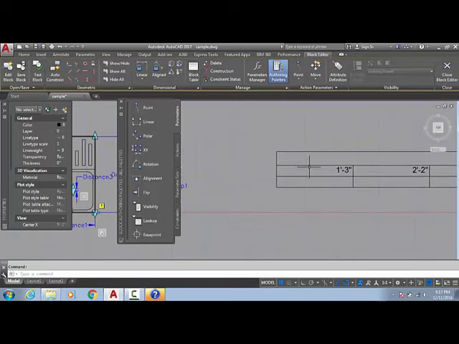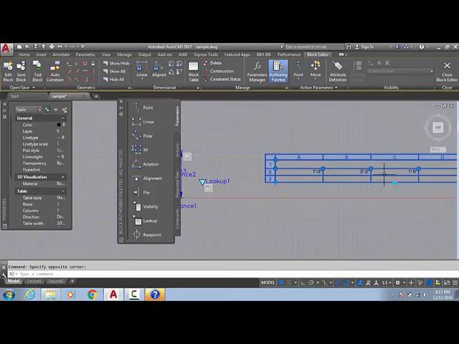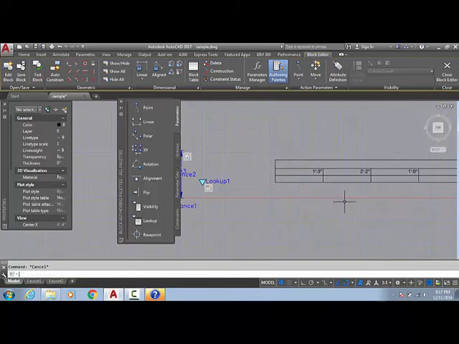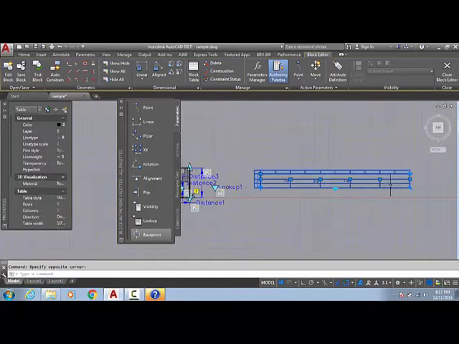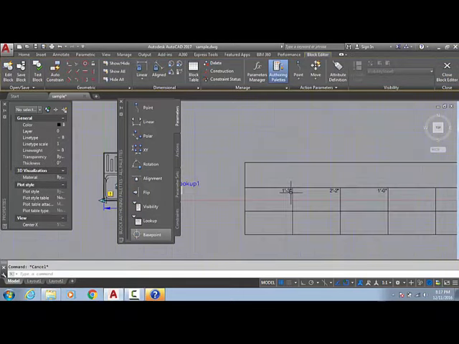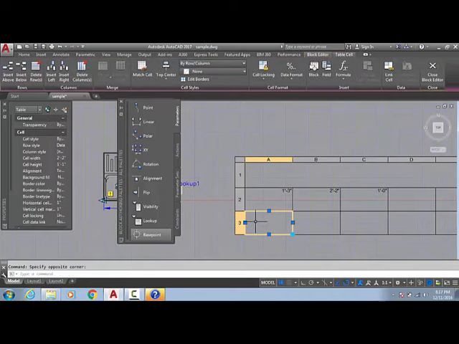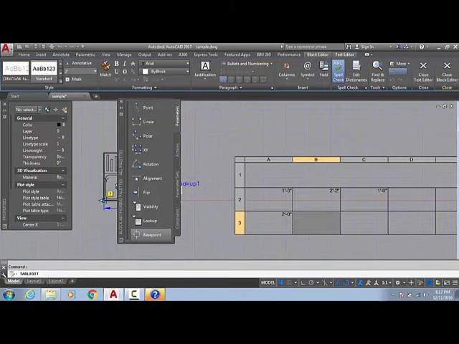Okay, you can use an Excel table also here. Just input these values in the Excel table and fix one increment and make one. I don't have the Excel table installed in this system, so I am going to use this one only. I am going to make this one 2 feet, this one 3 feet, and this one again 2 feet. Not 2 feet, 2 feet will be too big. So what will we do, 1 feet 2 inch.